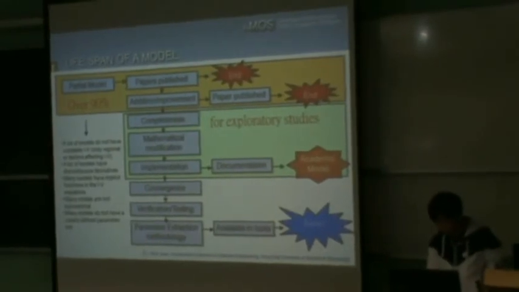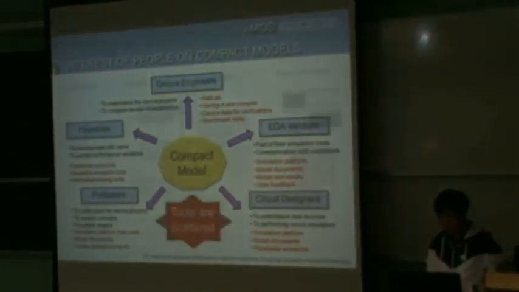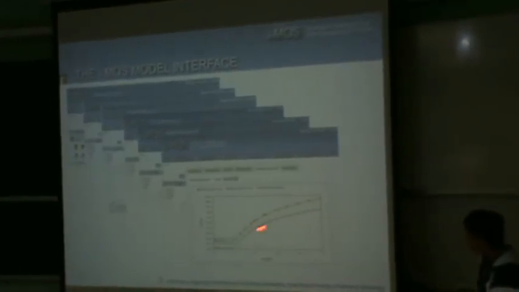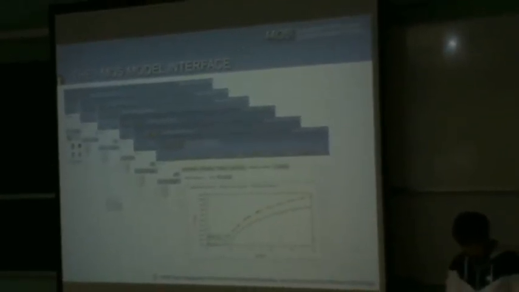We try to bridge the two gaps. Now, the IMOS project is supposedly another presentation, so I don't want to go too much into this. This is only a user interface, basically to have the model here. You can implement models into this website, and then people can look at the model by entering some parameters and biasing, and the characteristics will be shown automatically. So this work has been developed to bridge the two worlds. You can also compare data with experimental results. We can also do circuit simulations.